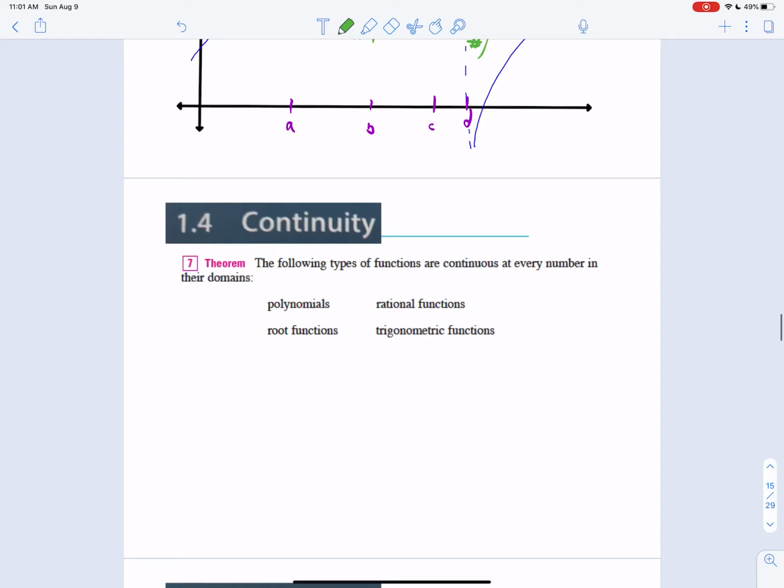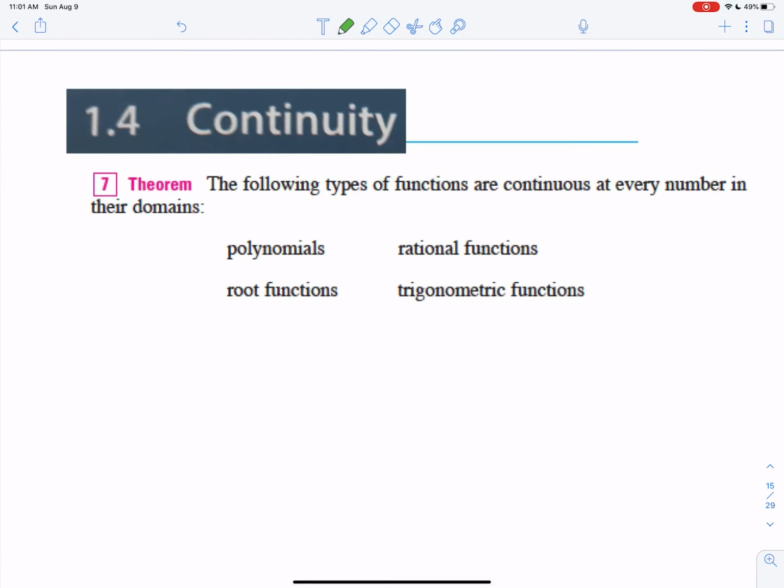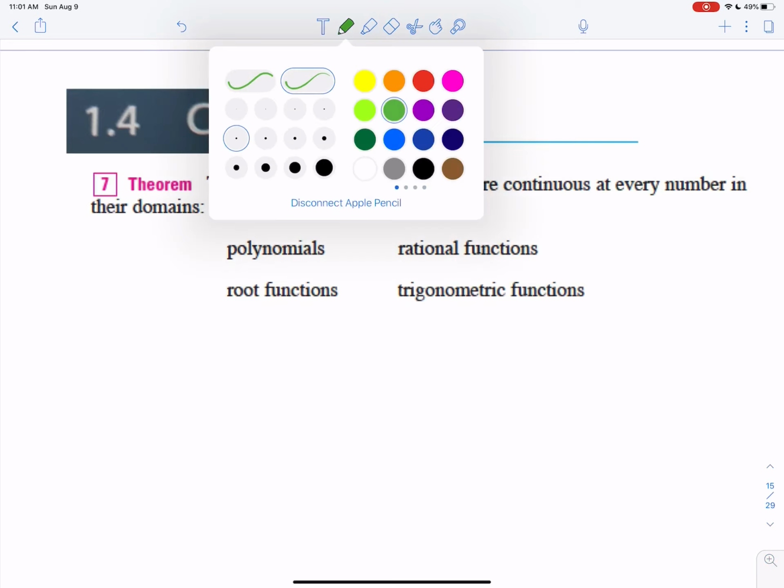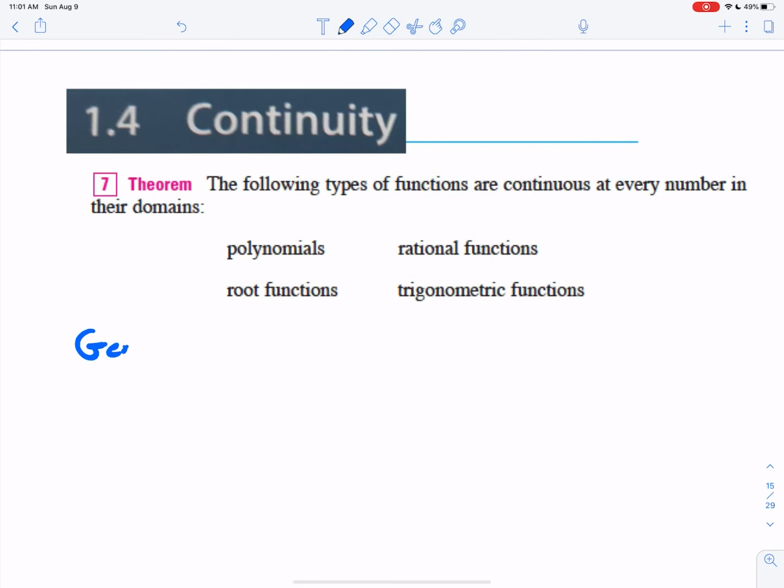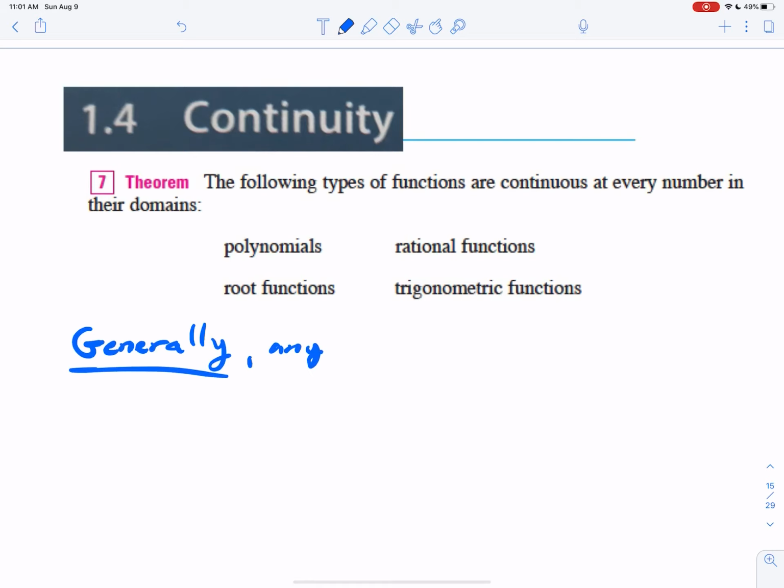All right, so don't write this part down. I'll show you how to sum this up here. This theorem states that the following types of functions are continuous at every number in their domains, and then they listed a bunch. I'm going to have you guys write this instead. Generally, and I use this very loosely, okay? Generally, any function, there are exceptions, but not in this course, okay? Generally, any function is continuous on its domain,